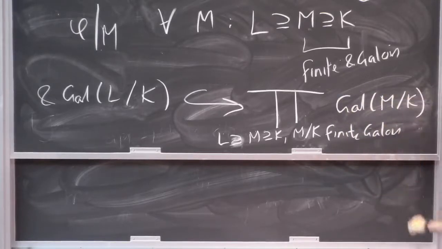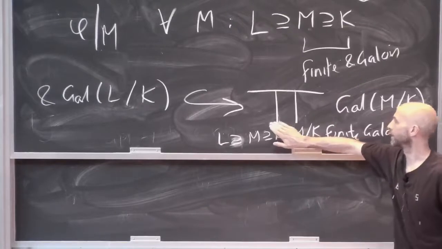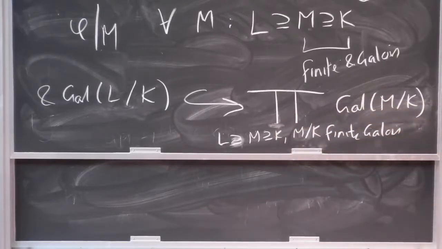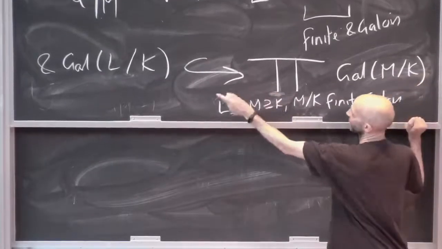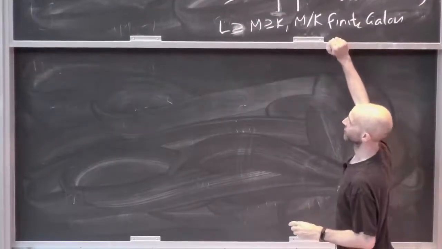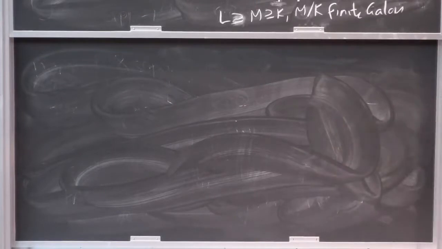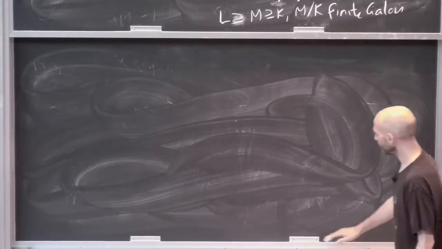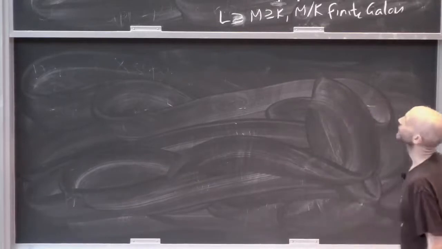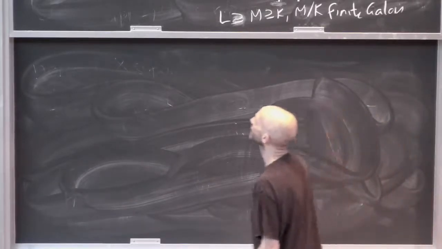So infinite Galois groups can be thought of explicitly as a certain subset of a product of finite Galois groups. This injection is because the function is determined by its values on every element. So there you go. This is, of course, probably an infinite product if we have an infinite extension. So if you know about projective limits,